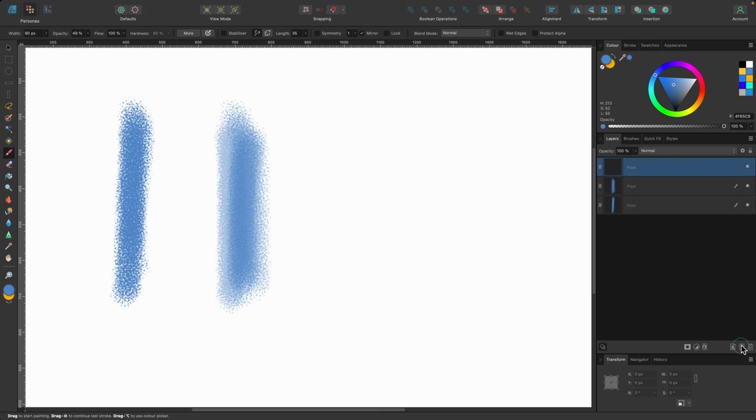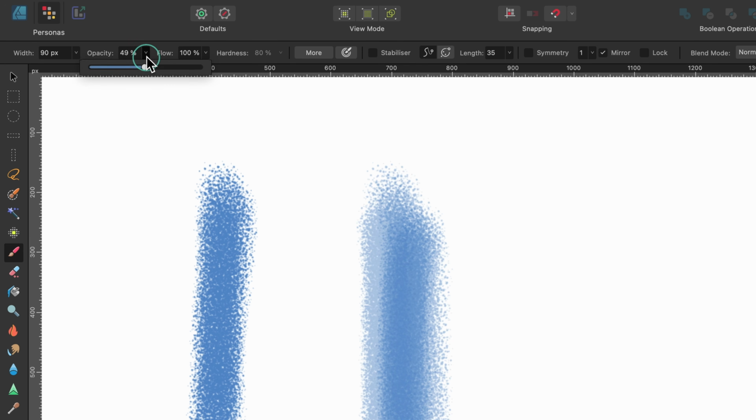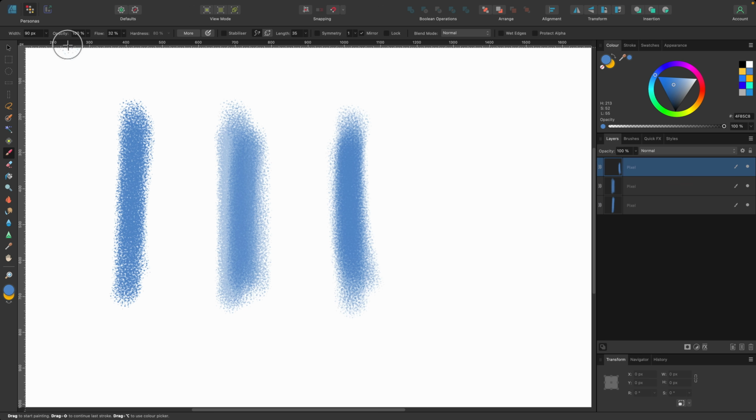Let's create a new pixel layer. So I'm going to go down and click on Add Pixel Layer. And for this one, I'm just going to whack opacity back up. We're going to look at flow. I'm going to bring that down to, I don't know, like 30%. And when I start painting with this one, I'll just do the same movement again. It starts building up. So I don't have to take my finger off. It will gradually build it up to create less transparent portions of it. So that's how those two work, opacity and flow, because you'll probably be using that a lot,